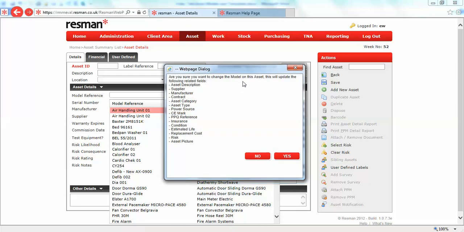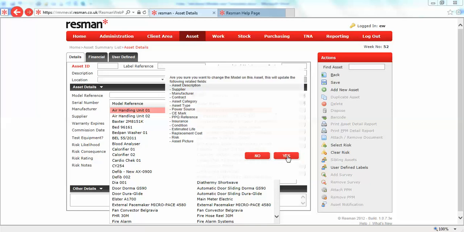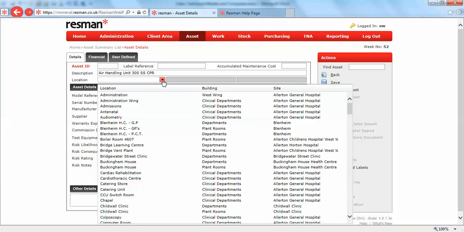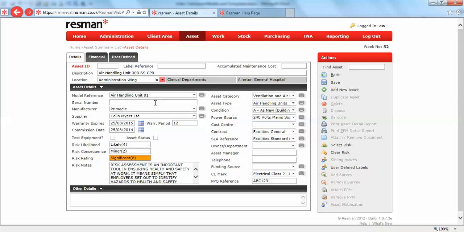That then gives us a list of all of the data items that will be updated, so long as we've got those filled in the model and template form. So we'll say yes to that, and at that point you can see that all of the data items are filled and visible. We would need to put a location in here, so it doesn't really matter where we're doing this for this exercise, but we'll put it in the administration wing, and if we knew the serial number of this particular asset, we could add that,